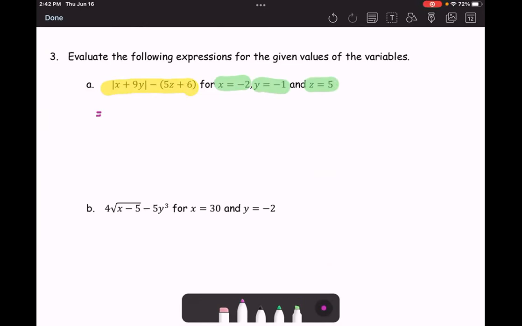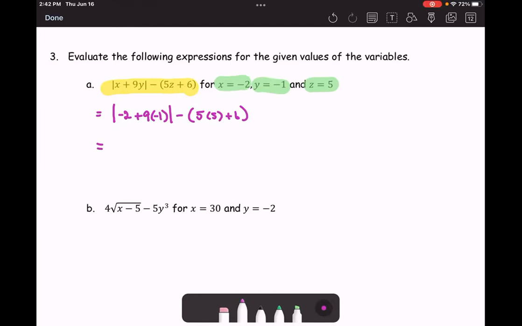And then we simplify the expression. So absolute value of x, as -2, plus 9 times y, which is -1, minus the quantity 5 times z, which is 5, and then plus 6. Use the order of operation PEMDAS to evaluate and simplify